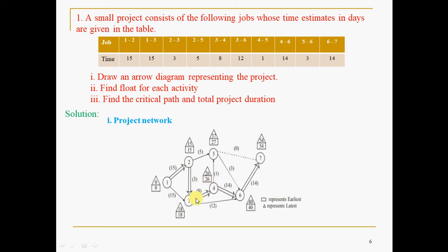Okay, now again 3 you can reach in only one way. Please note that this is not the path, the backward path. You have to come in descending order. From 4 to 3 you can come in only one way. So 26 minus 8, that is 18. I mean the previous triangle value minus the duration value.